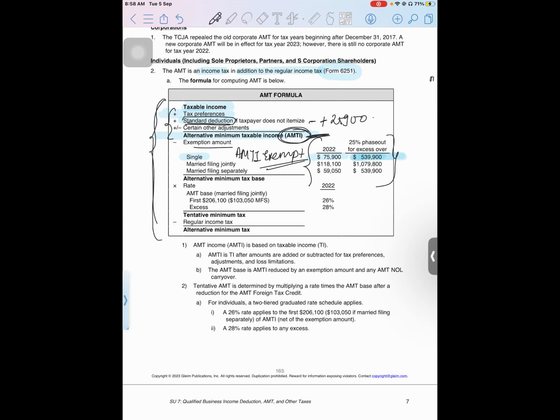Once you calculate this, reduce the AMTI exemption amount, which will be mentioned in the question only. This is your tax base multiplied by the rate. What is the rate? On this, there was one theoretical question in the exam. They asked what is the AMT rate. If you are an MFJ filer and this alternate minimum tax base, guys, not AMTI, AMT base is